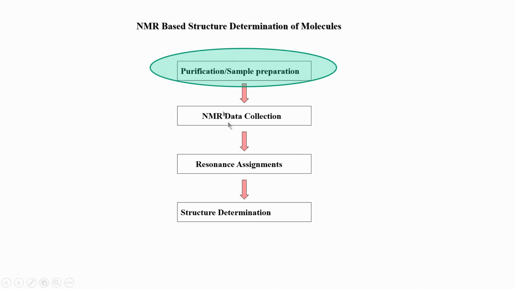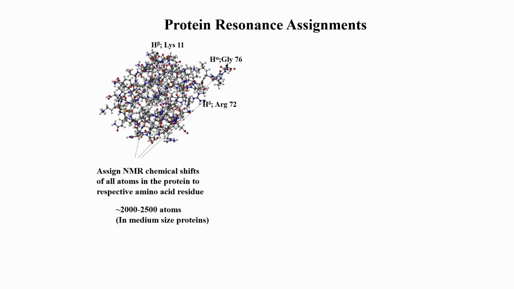Okay. So, let us now start this part from purification of the sample. How do we actually make a sample, and this is where we begin our isotope labeling part. Now, the question is, why do you need to do isotope labeling, and that is what is being shown here. So, as I said, when we say protein resonance assignment, what does it mean?